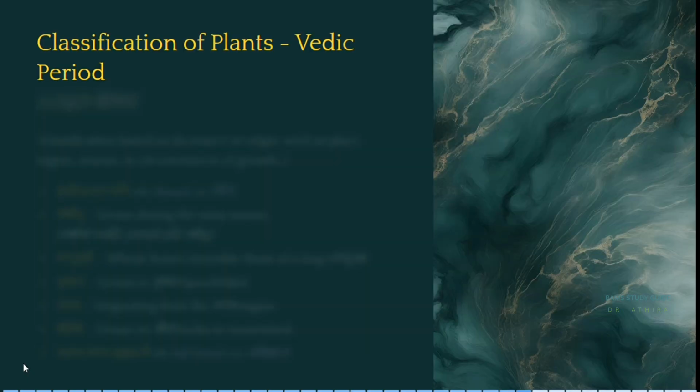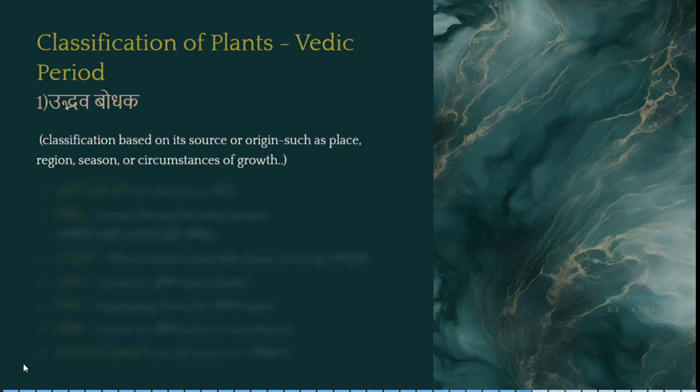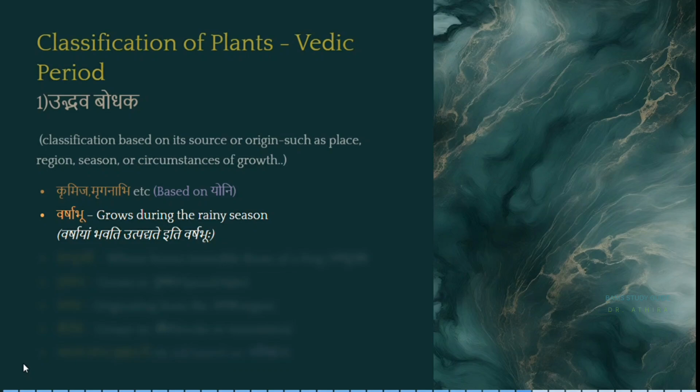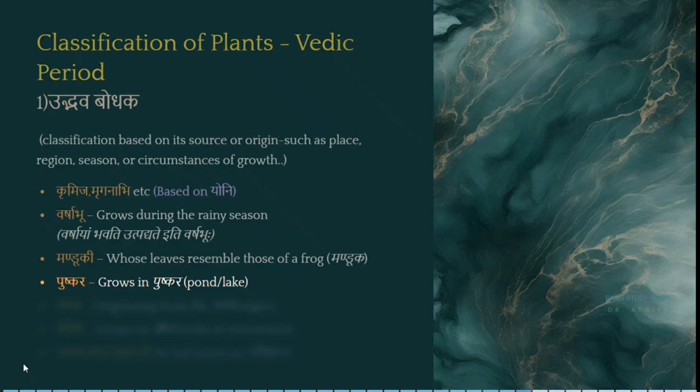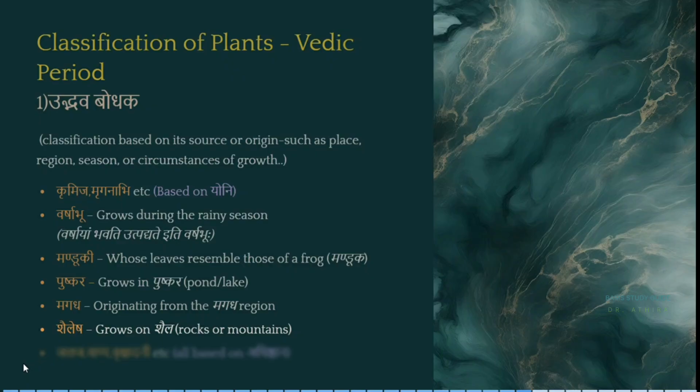In the Vedic period, plants were also classified based on their origin, known as Udbhava Bodhaka. This classification depended on factors like place, region, season, or conditions of growth. For example, plants like Krumija and Mriganabhi were classified based on their source or origin. Varshabhu refers to plants that grow during the rainy season, while Manduki describes plants whose leaves resemble a frog. Pushkara indicates plants growing in ponds or lakes, and Magadha refers to those originating from a specific region. Similarly, plants like Shailesha grow on rocks or mountains, and others like Jalaja and Vapya are classified based on their